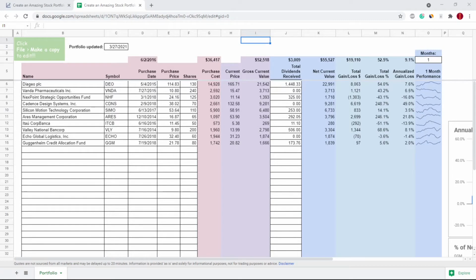So what information do you want to capture when you're creating a stock portfolio spreadsheet in Excel or Sheets? I like to capture the name, symbol, of course, to identify the investment. A purchase date is important because it can help you calculate the annualized gain and loss. Purchase price in shares, of course, is critical because it helps you calculate purchase cost, the total amount you spent